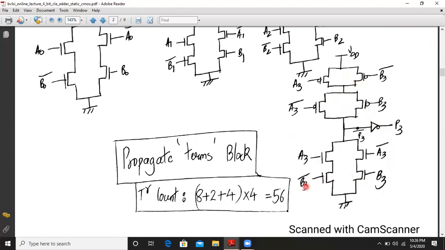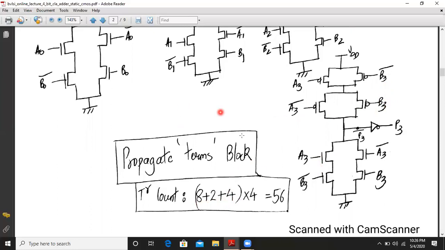Also, to generate the complemented inputs, A3 bar from A3 can be generated by a CMOS inverter. Similarly, you have to generate B3 bar, so that also requires another CMOS inverter. So 4 additional transistors are required. The total count will become 8 plus 2 plus 4, which is equal to 14.